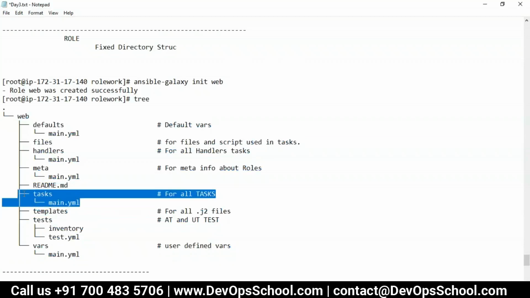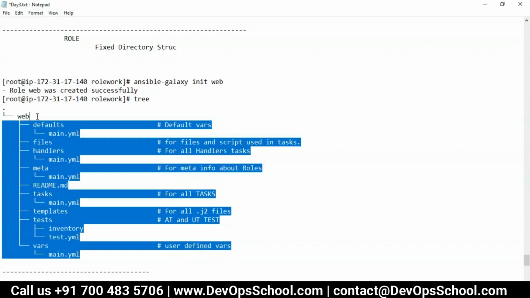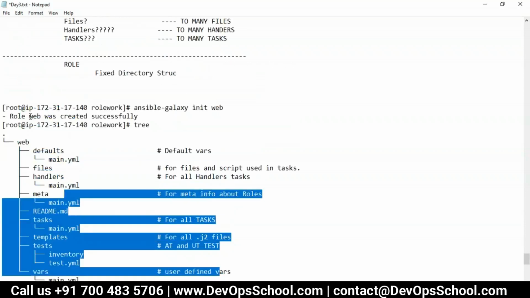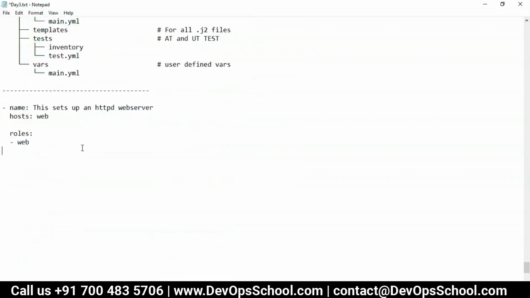This one. So here tasks main.yaml will be executed, and then followed by defaults, file handler, meta, templates, test, and all. I talked about all these things except test, because test is not a part of our training discussion. For this, if you want, I can give you a quick demo at the end of tomorrow, because that way we know how much time we'll have. So this is what we have.